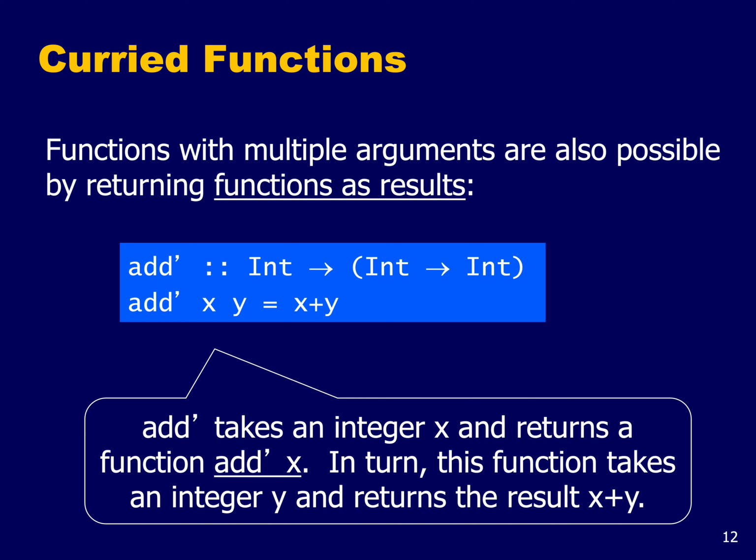returning functions as results. What's actually going on under the hood is explained in the callout box here. Add prime takes an integer x and it returns a function, add prime of x. That function is waiting on the second input and can't do anything yet. This function takes another integer called y, and then it's finally going to compute the result, x plus y. So this is the idea of building a function with multiple arguments by returning a function